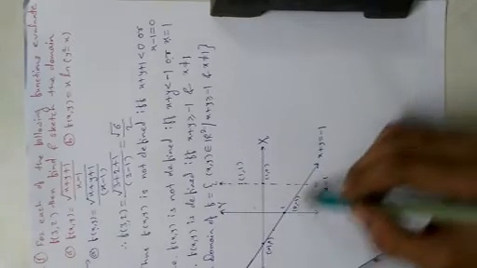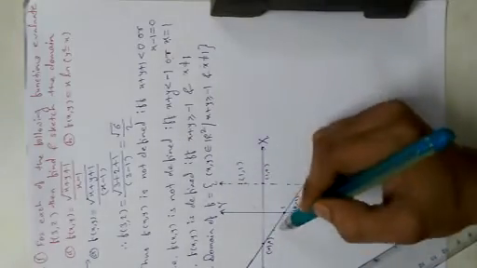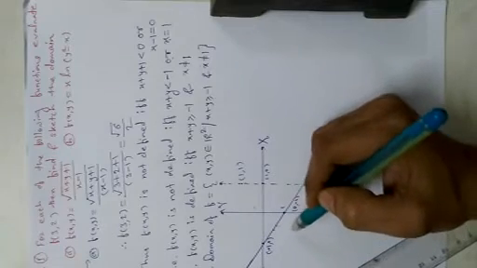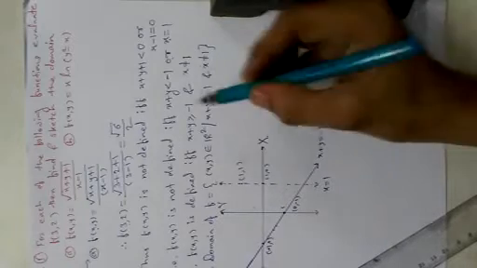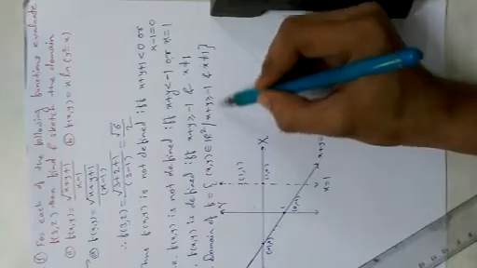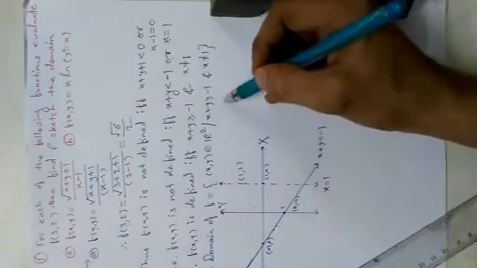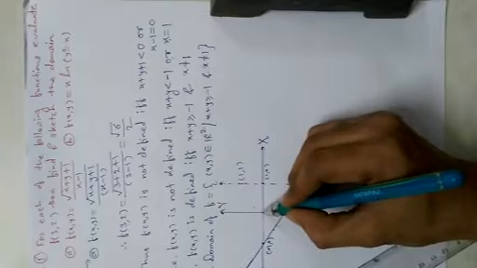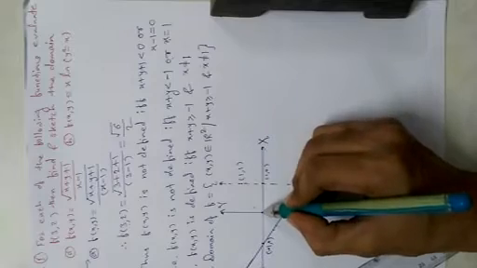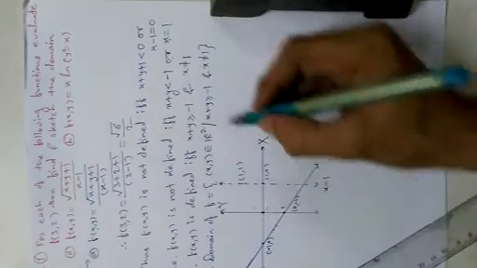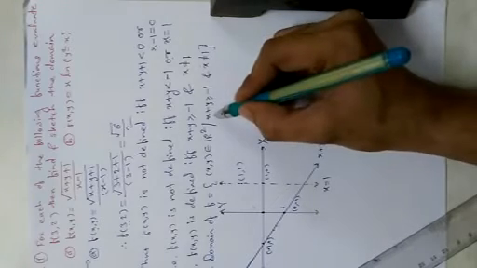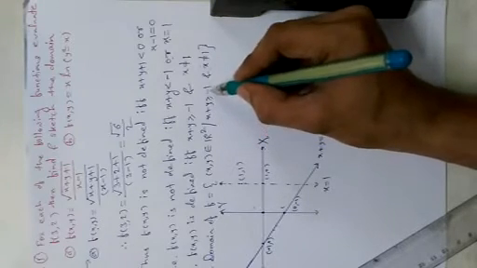To decide which part, that means this line breaks our plane into 2 parts, upper part and lower part. We have to consider which part is included in our domain of f. For this, consider our inequality, x plus y greater or equal minus 1. Then consider the origin 0, 0. Put x equal to 0 and y equal to 0 in this inequality. We will get 0 greater or equal minus 1.